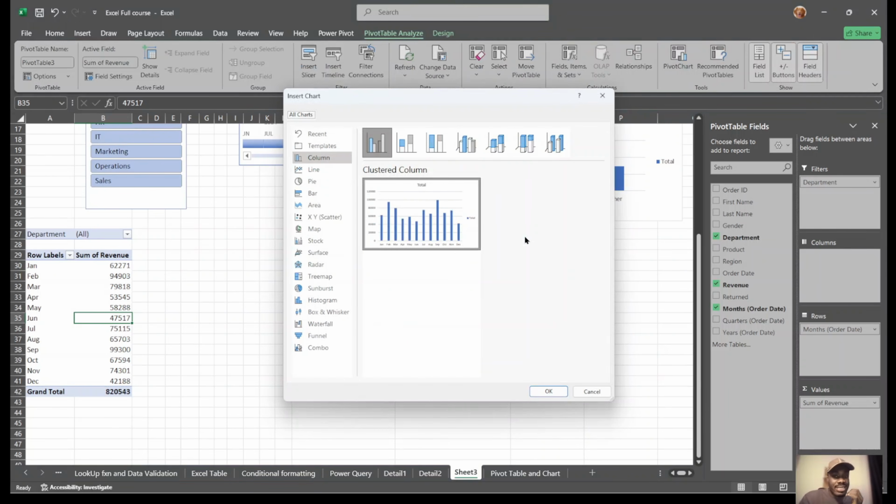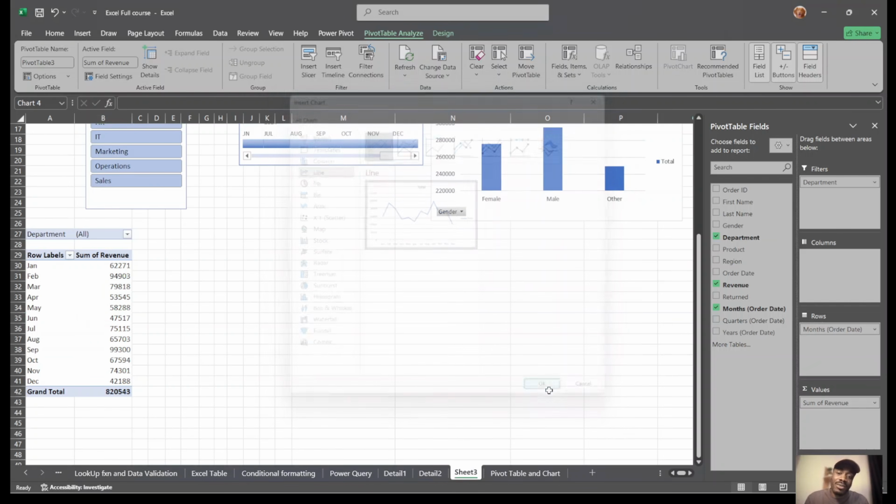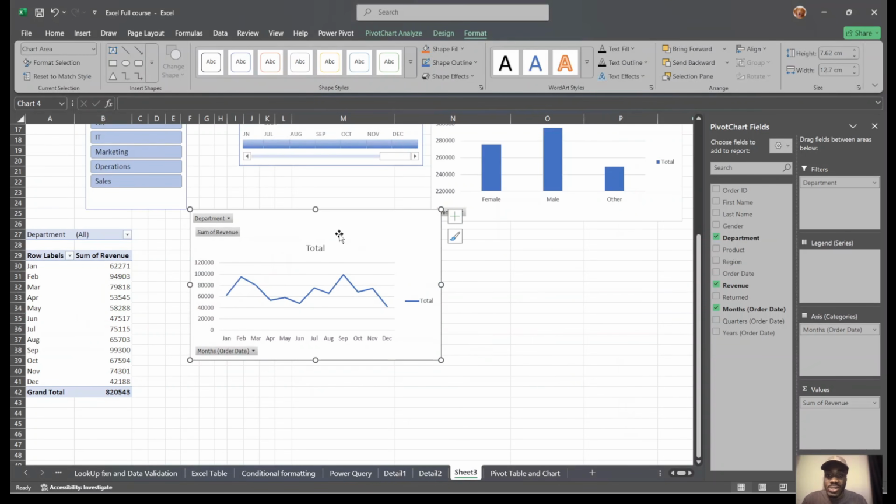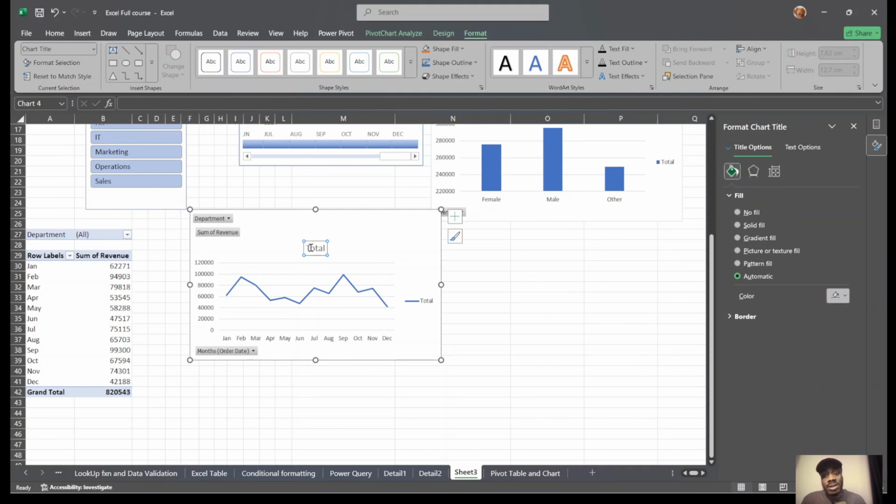So for time series data, we use line chart here to represent our time series data. So monthly sales, daily sales, weekly sales, quarterly sales, and yearly sales, they are all time series data. So we use line chart to represent our time series data. Okay, so we choose a line chart here. As you can see, we use a line chart like this to represent our time series data,